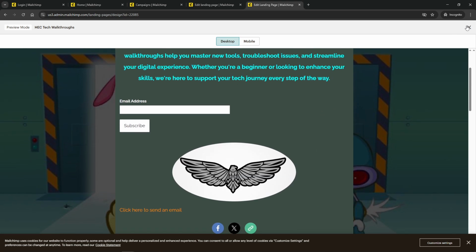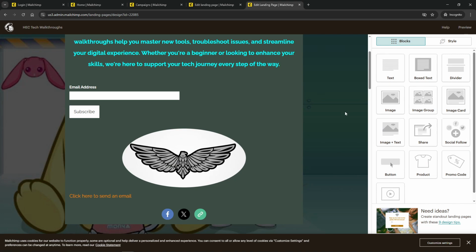And there you have it. With these simple steps, you can quickly and easily edit hyperlinks in Mailchimp, ensuring your campaigns are as effective as